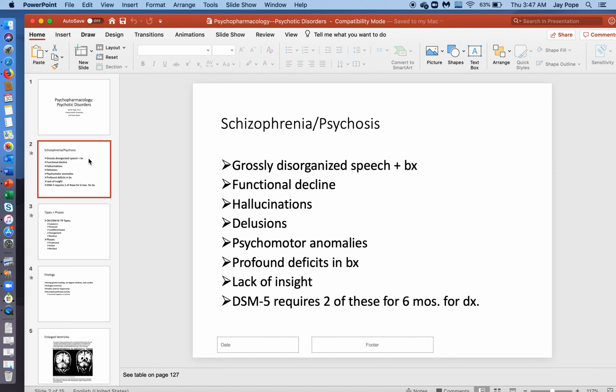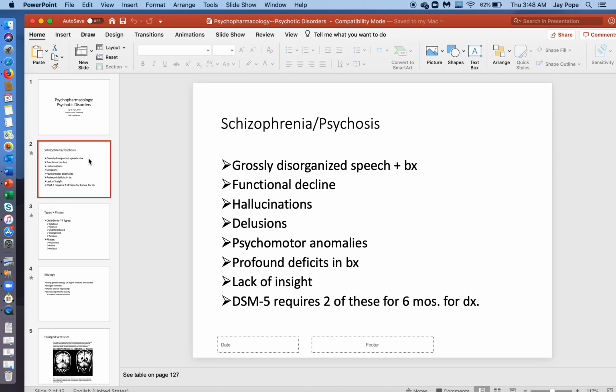So, this second slide here goes over the main symptoms diagnostically, but then also just what you'll observe as well, signs and symptoms of schizophrenia. So, first would be grossly disorganized speech and behavior. Second would be a strong functional decline. One thing to definitely be on the lookout for in terms of schizophrenia is that the first thing you'll usually see in people who are becoming actively symptomatic, and this is true for the more positive symptoms of schizophrenia, the so called type 1 symptoms, versus the negative symptoms of schizophrenia, the so called type 2 symptoms, is social withdrawal.